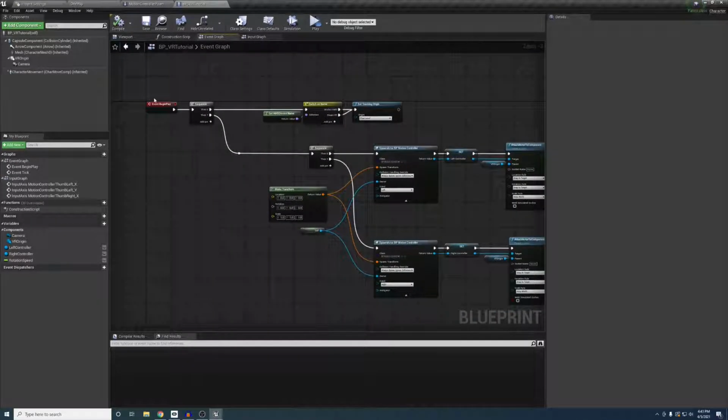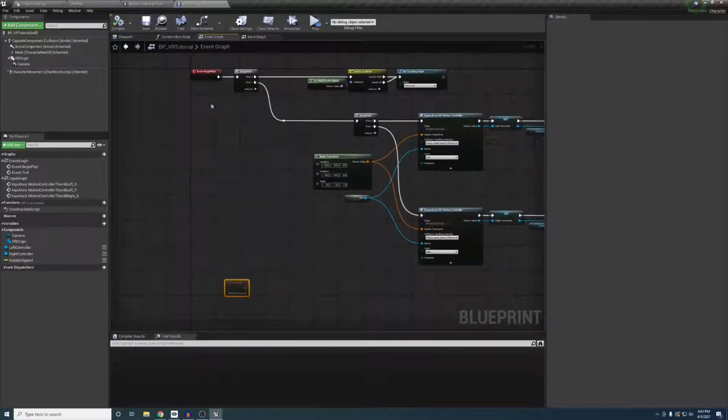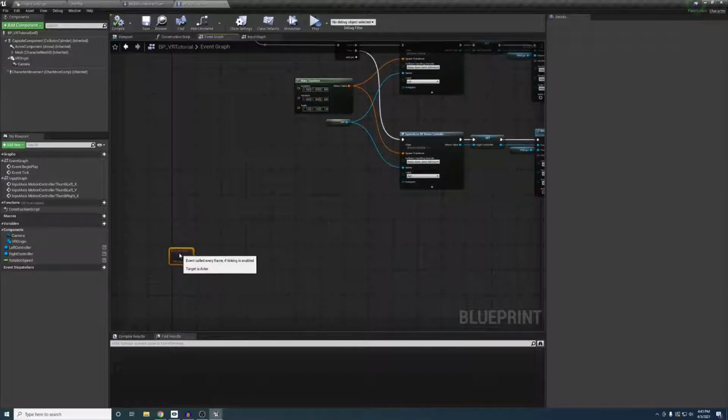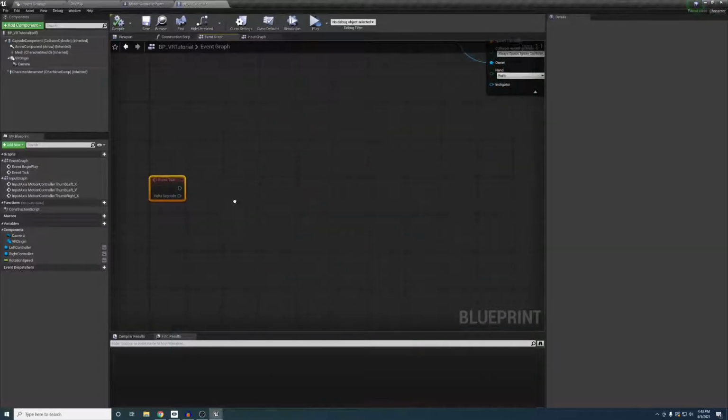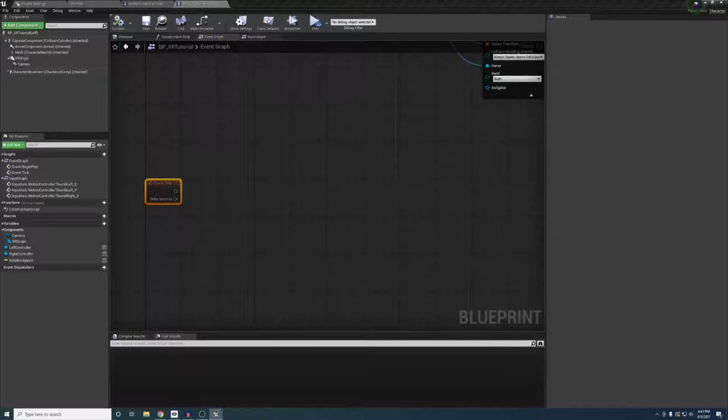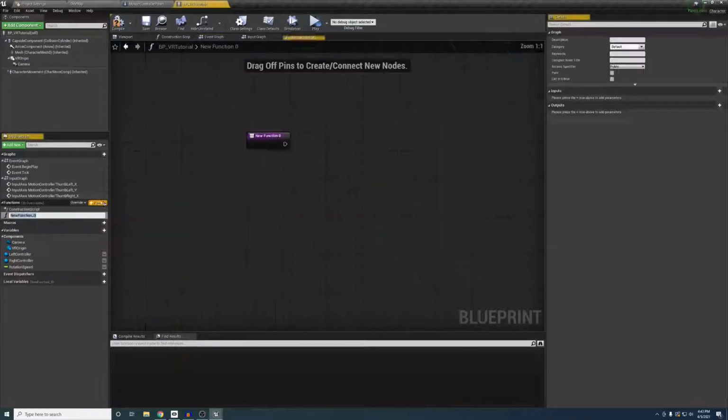So with all of that out of the way, moving along now, I'm going to align the event tick down here, and there's just a little bit more that we need to do. So we're going to create our first function. So come over to the functions here and hit plus. And we're just going to call this update_align